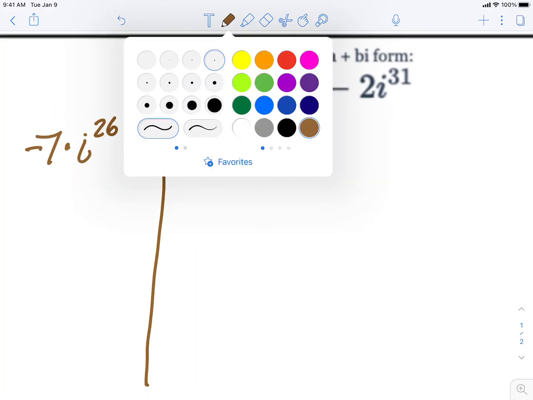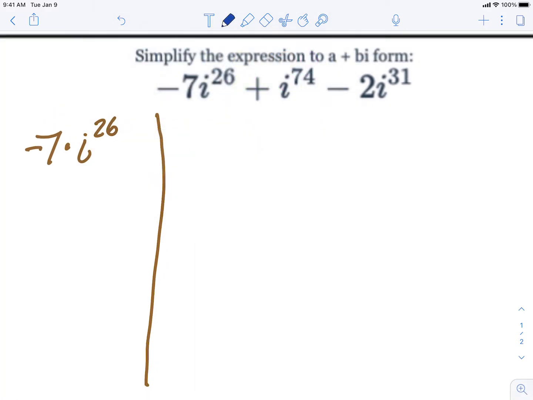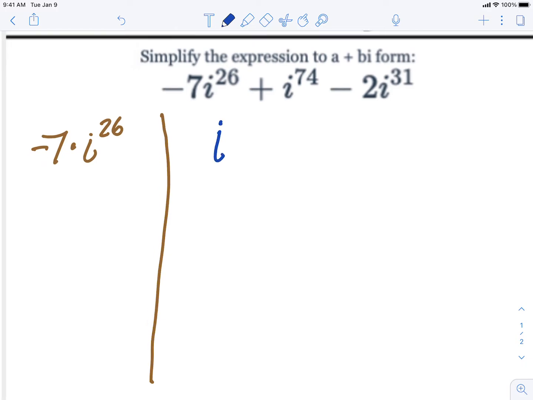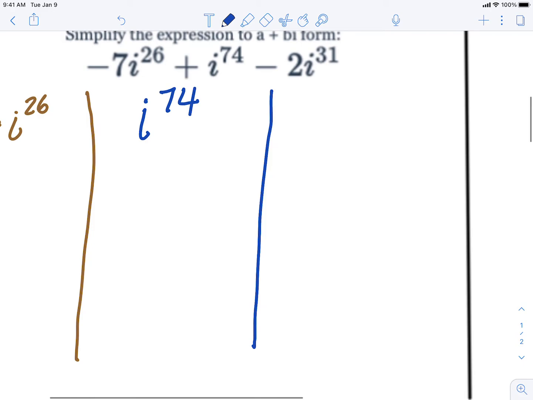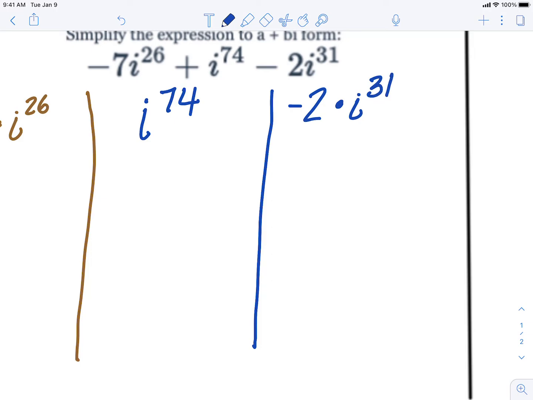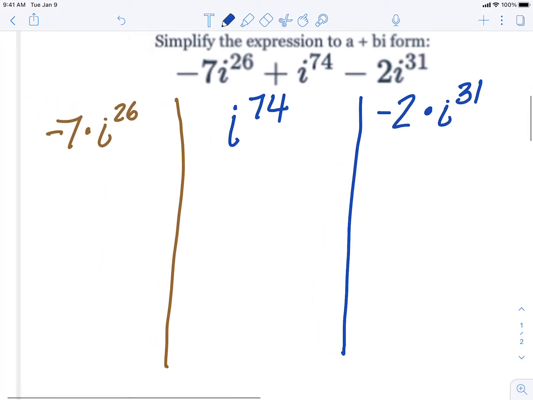Next, I'm going to pick a different color here, and I'm going to say i to the 74th. Let me write a better i here. I to the 74th. It's got no number in front of it, so don't worry about it. Okay? I'm going to separate that. And negative 2 times i to the 31st. Okay? So 3 separate